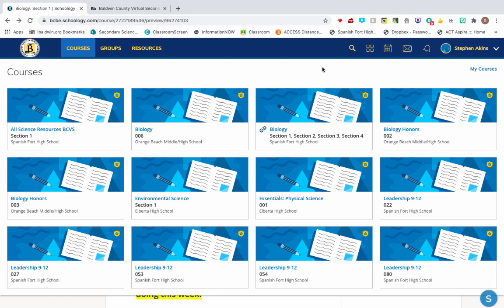So as you can see, I have already logged in to my Schoology account, and you can see I have a lot of courses, and yours may look like this too because you're probably taking quite a few courses yourself. So I am going to show you the view of a student and what your screen should look like. So I'm going to click on my class,